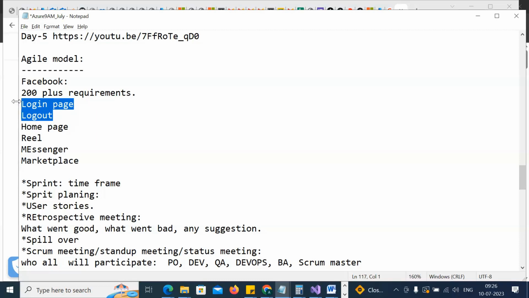Now all the requirements, or all the user stories, have been designated with a story point. A story point is a Fibonacci series based on the toughness, the criticality, and the complexity. Let's imagine that. If you have to cook Maggie and you have to cook,